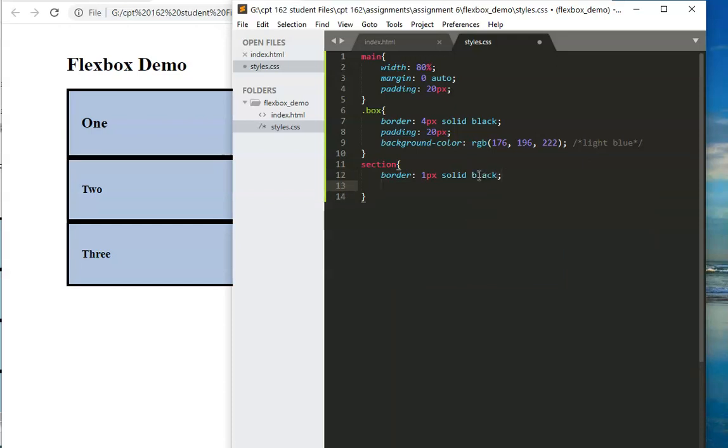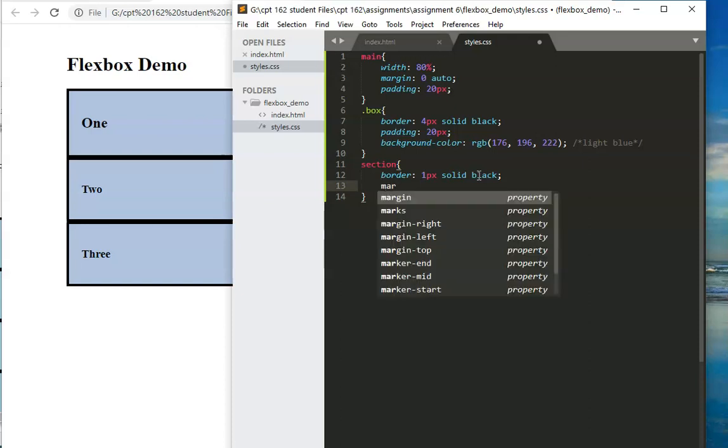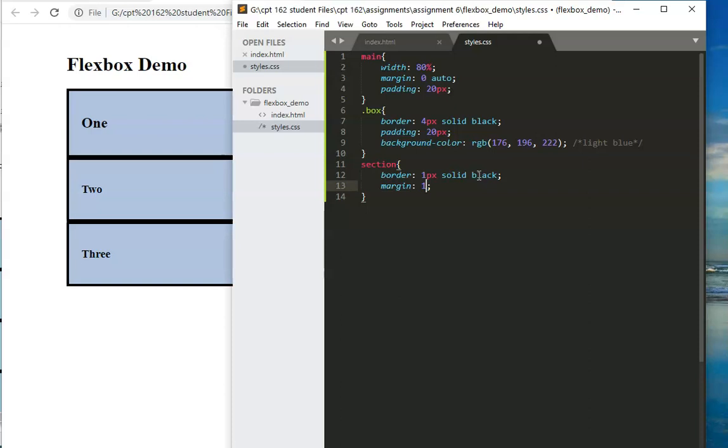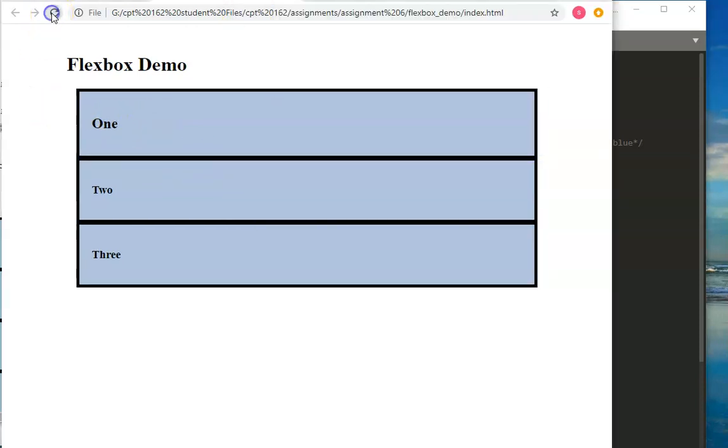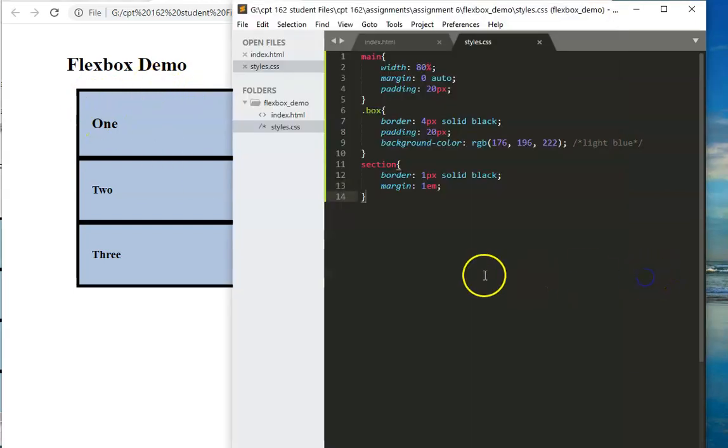And let's go ahead and put some margin in there, and I'll take it away from the flex container. And let's do margin of 1 EM. Let's see how that looks. And we'll do File, Save All, and refresh. All right. Well, nothing's happened, right? We got this thing smaller because we have our margin in there, but our 1 pixel border is going around that. So let's go ahead and go to our next thing, and that is to create actually the flex